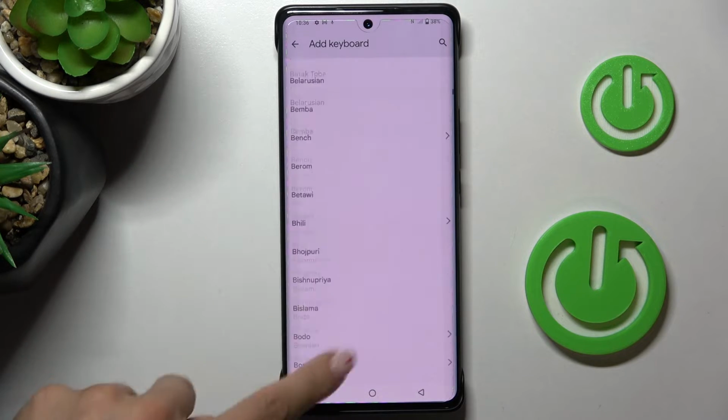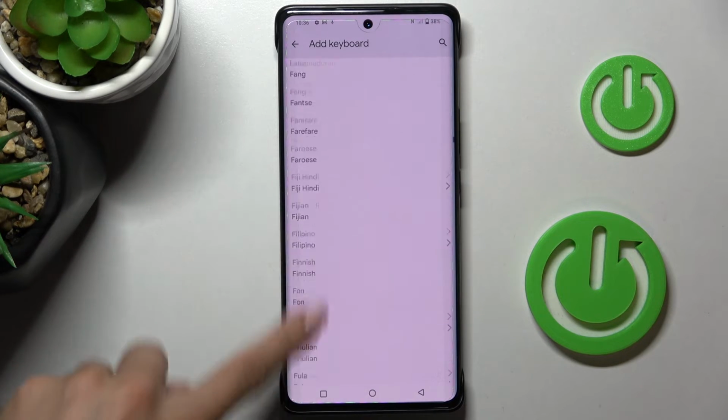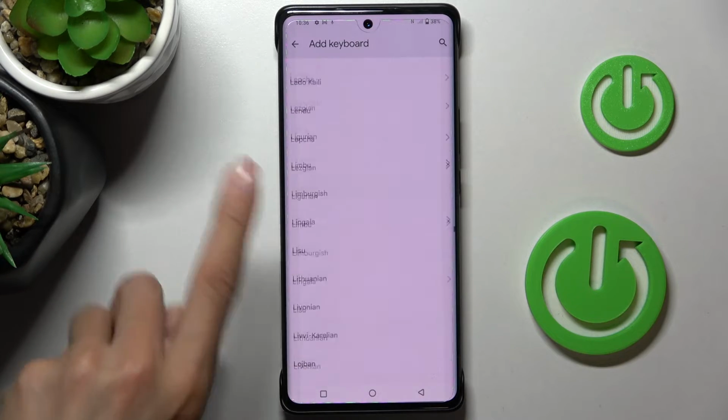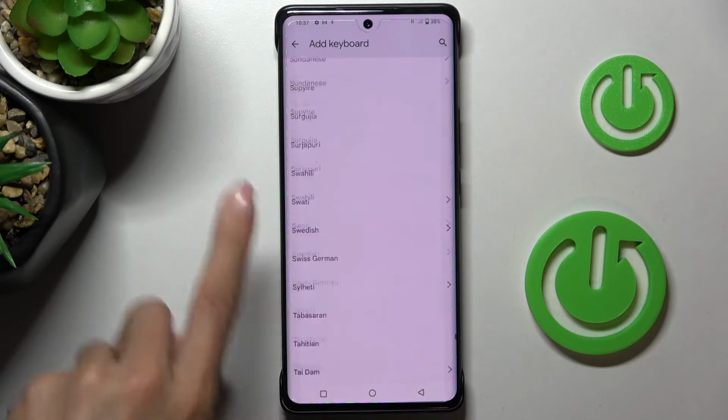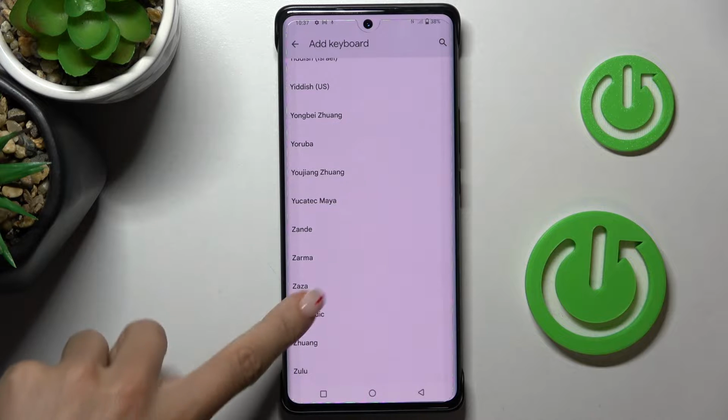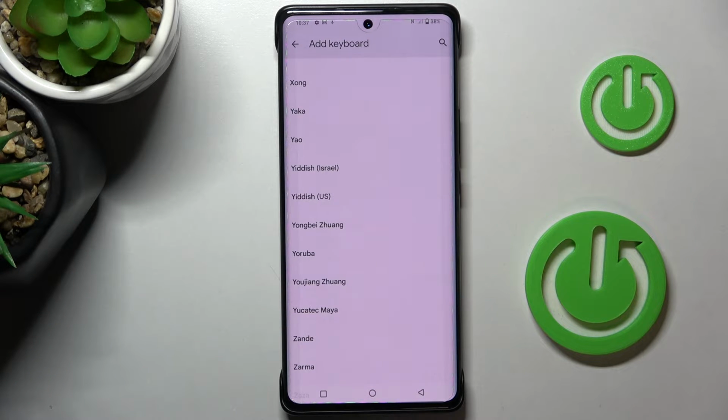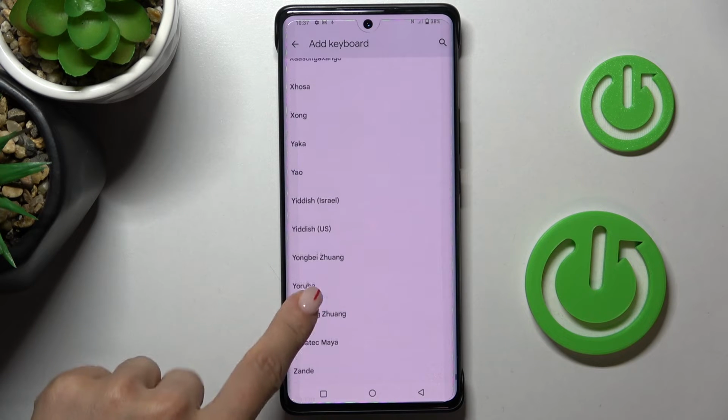Now just pick the language that you want to apply. As you can see, the list is truly advanced, so you'll definitely find something suitable no matter where you're from. So this is the end of the list. You can see that it is super long,